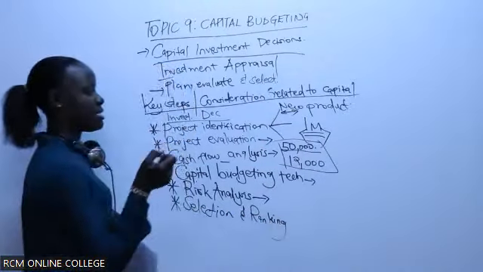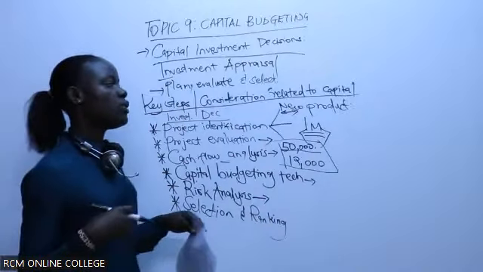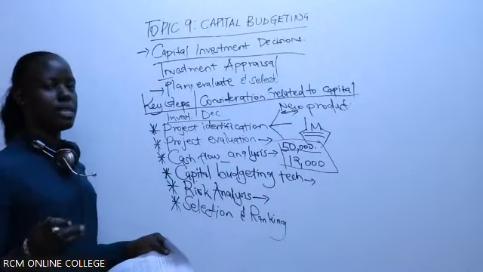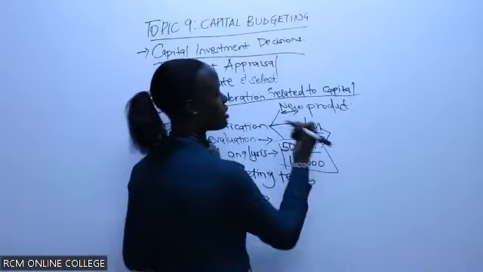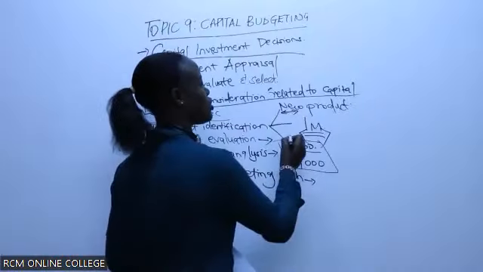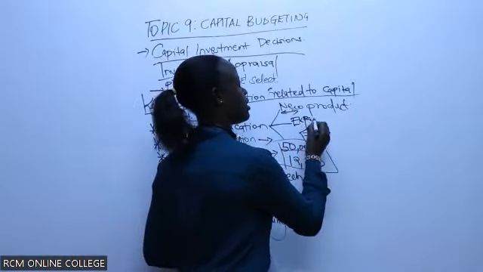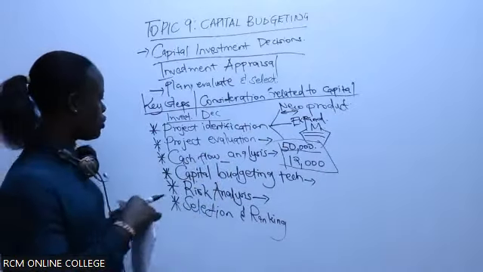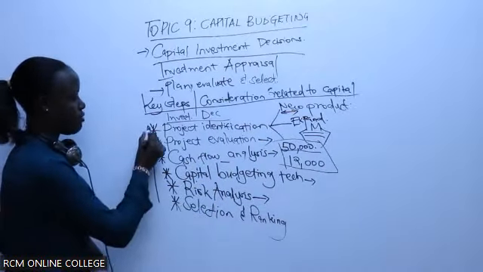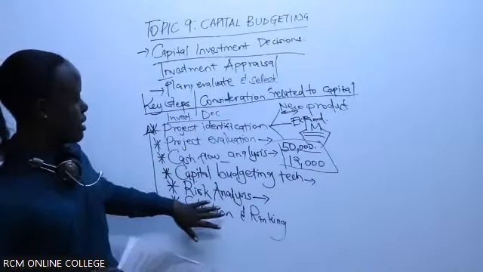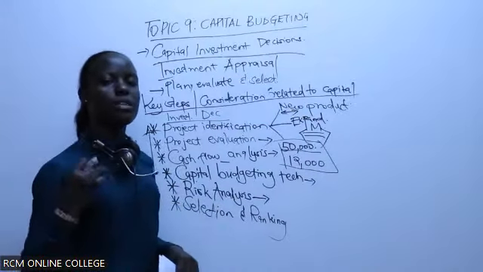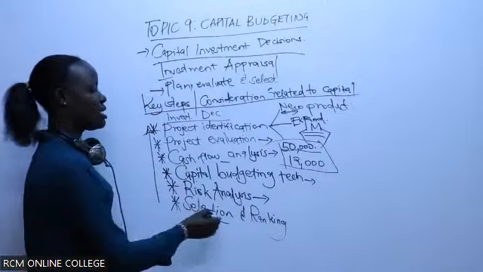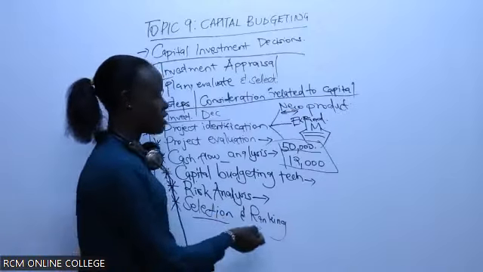Remember, at the project identification stage, we say that you will note down various projects that you might venture into, depending on the capital that you have. For instance, you want to launch a new product, or you want to expand your organization. For all these aspects that you've identified, you'll do all these steps for each project. After you've done your risk analysis, you'll select the most viable project that you're going to focus on. So at the selection stage, we do selection and ranking.